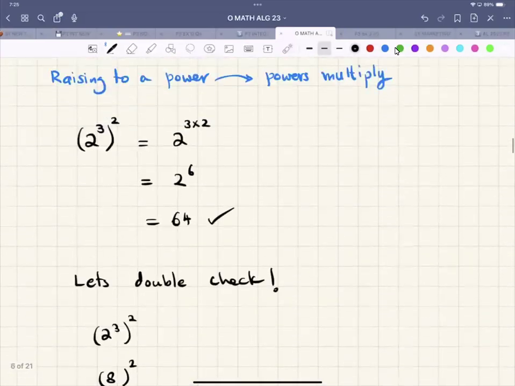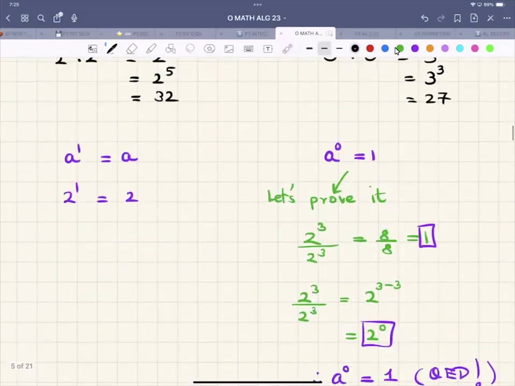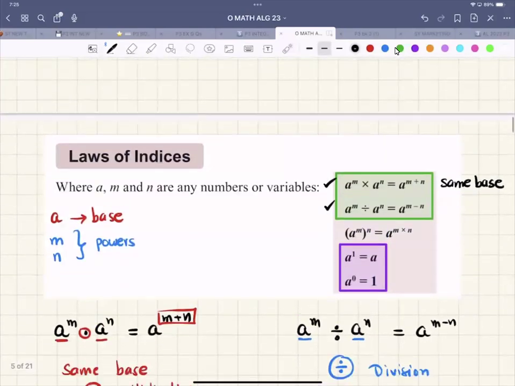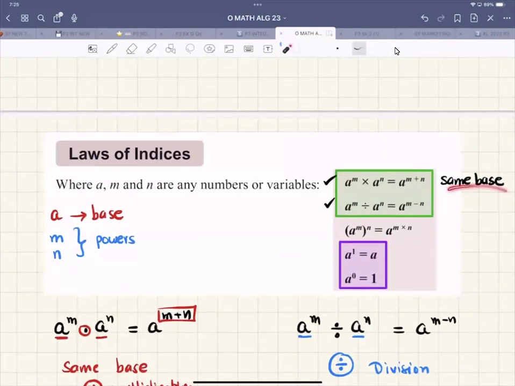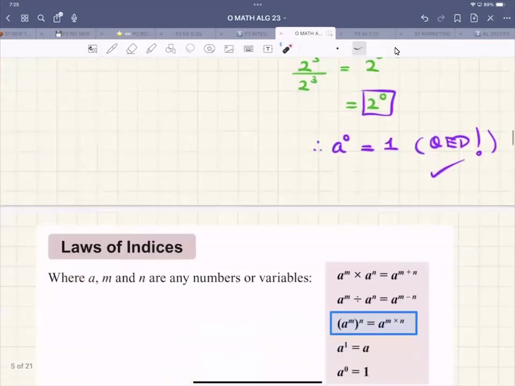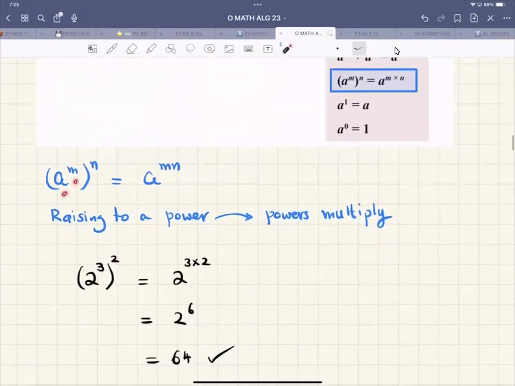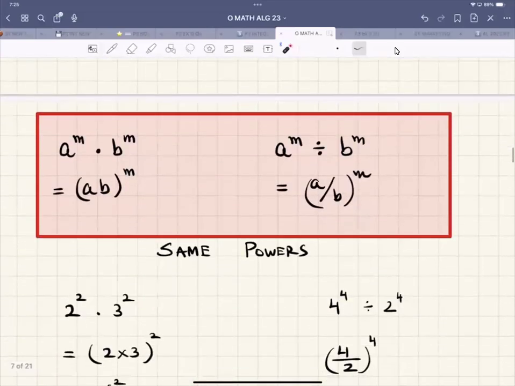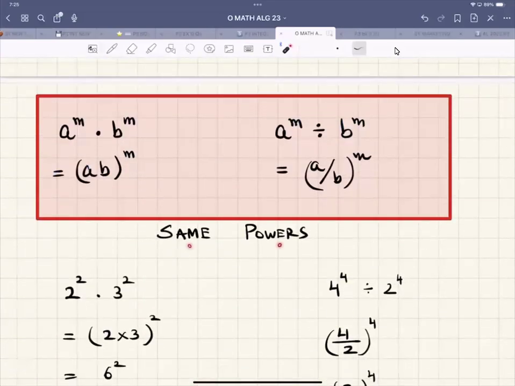So now I have gone over all these different rules of indices, in which the bases are the same. Multiplication gives rise to addition. Division gives rise to subtraction. A power 0 is 1. A power 1 is A itself. This rule is on the next page. That is a power m raised to power of n, the powers multiply. And then if there are same powers,